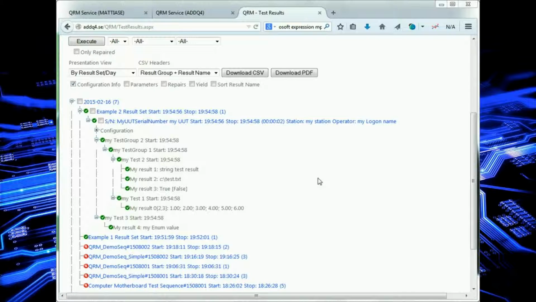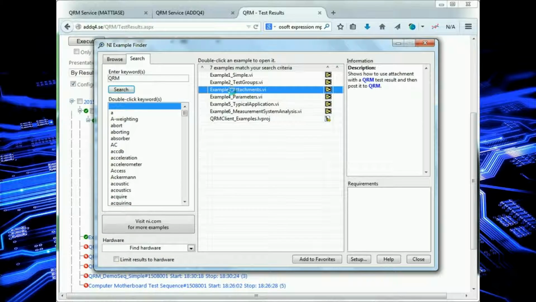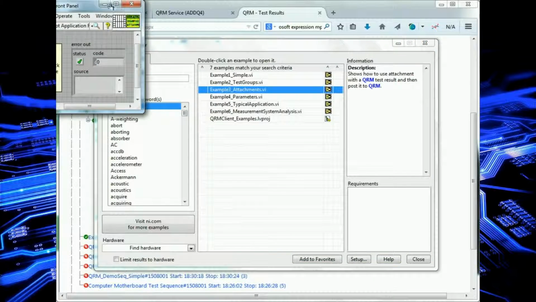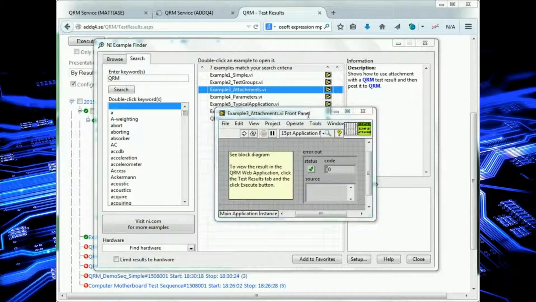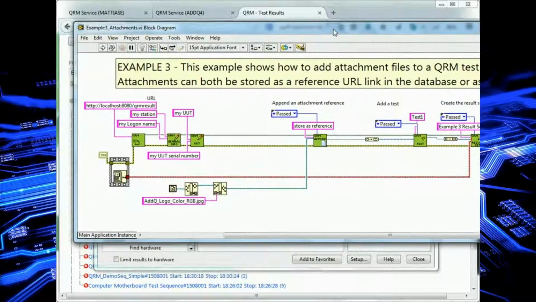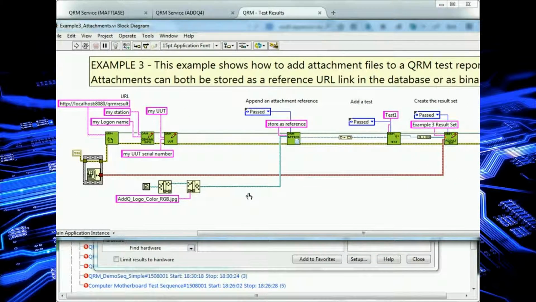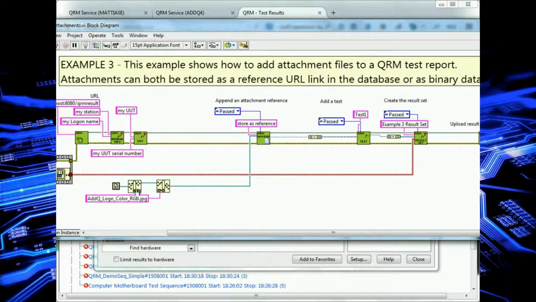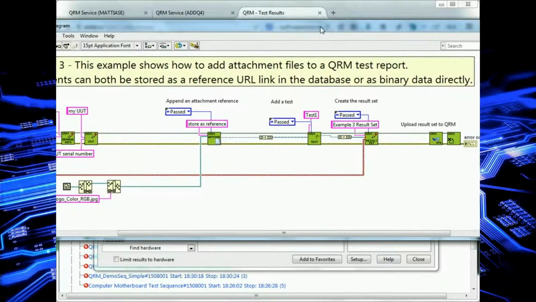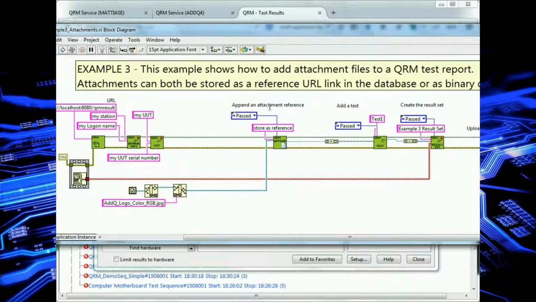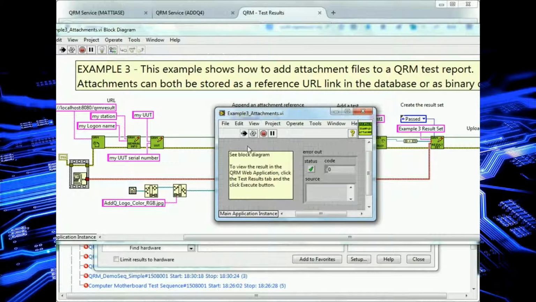The next example I'm going to show you is the attachments example. This is a really cool feature of QRM where you can actually attach files to the results. It could be any kind of file. In this example I'm going to attach an image and append to test. So if I just run this like this,